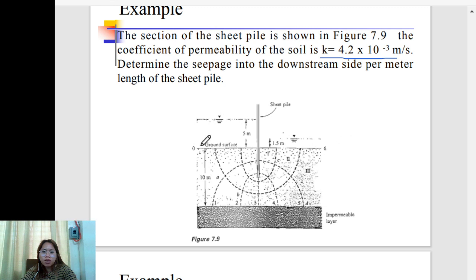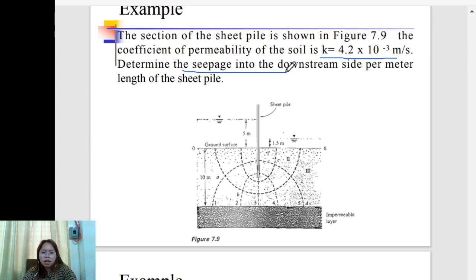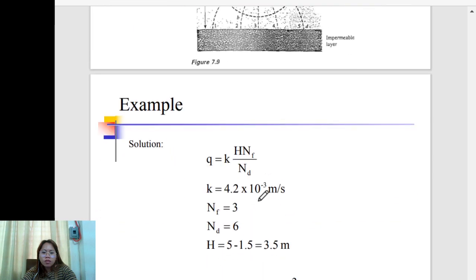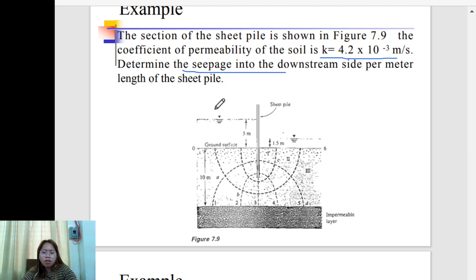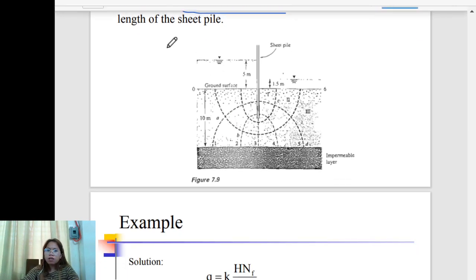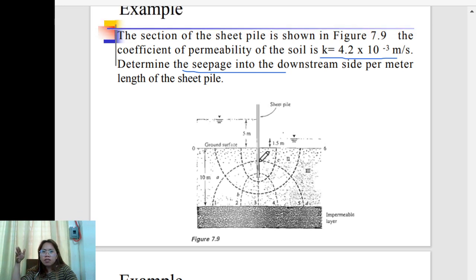This is downstream, no? This is the upstream side, per meter length of the sheet pile. We are asked to determine the seepage, that is the Q, volume per second, per meter length of the sheet pile. So, per meter meaning